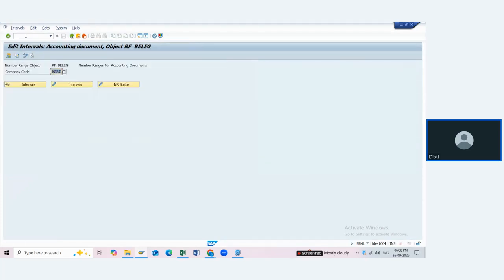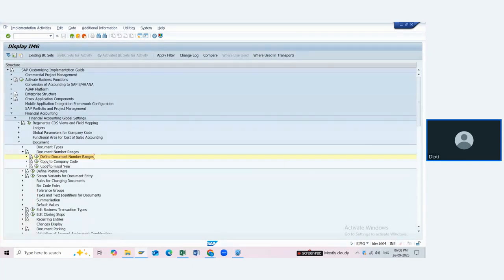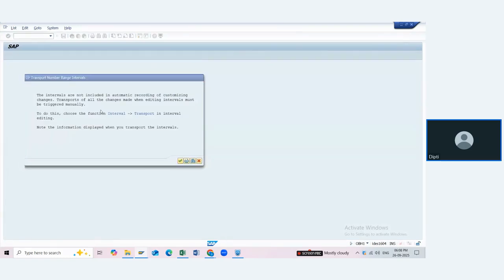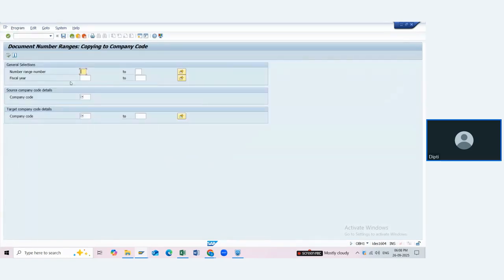So I will just show you the step again, but I will not copy it. For example, copy to company code. In this, we already have a company code which is there. From that company code, I have shown you that for 1999, we can give it from MART. I think to Lawrence company code, I have copied it, LULU. This company code I have shown you how to copy. You have to give the fiscal year, MART and LULU, right? And then